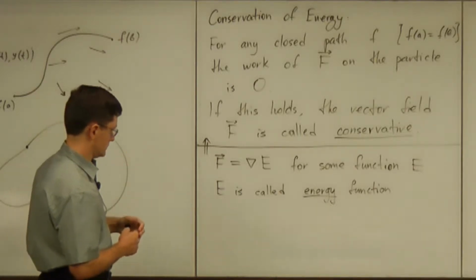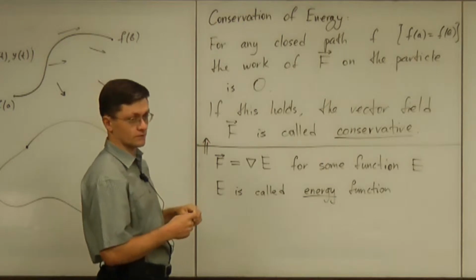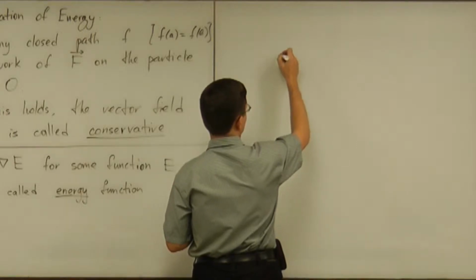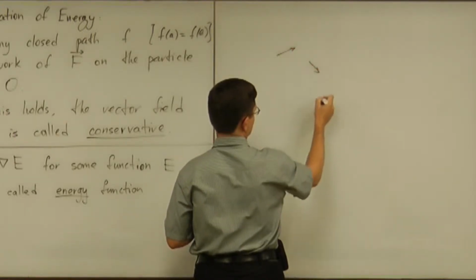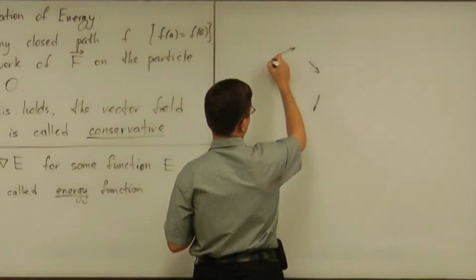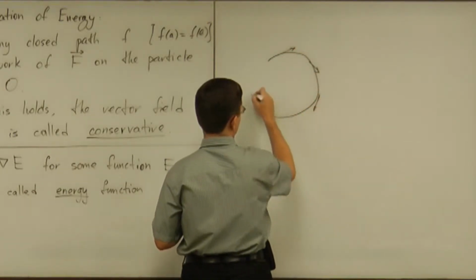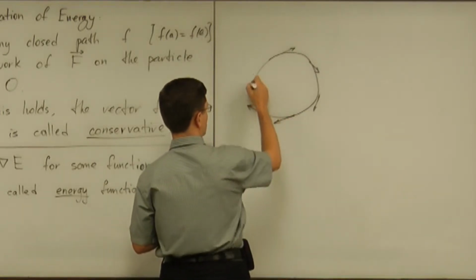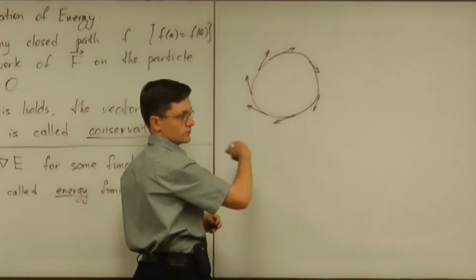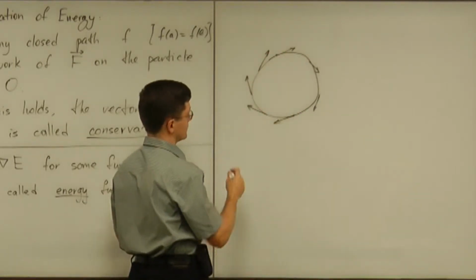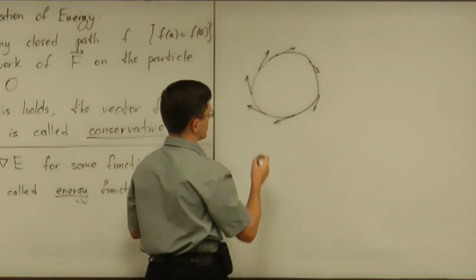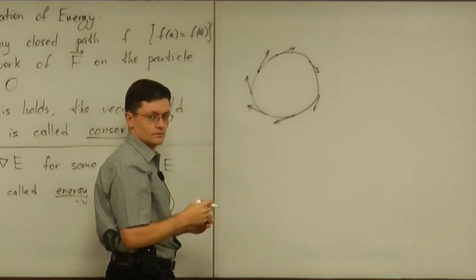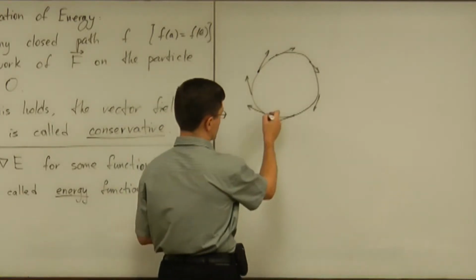Now, what we noticed is that not every vector field satisfies that conservation law. So if you have a vector field like this, basically you imagine a circle and the forces act along the circle at every point, so that all these forces are tangential and go in the same direction. Well, then moving a particle along such a path will generate some positive work of the field of forces, and